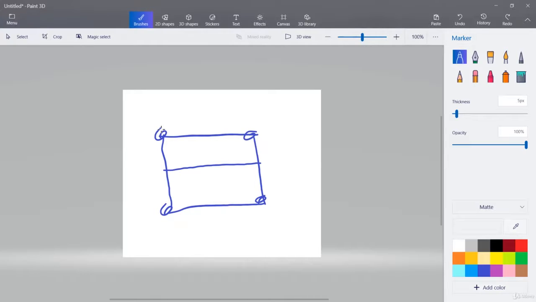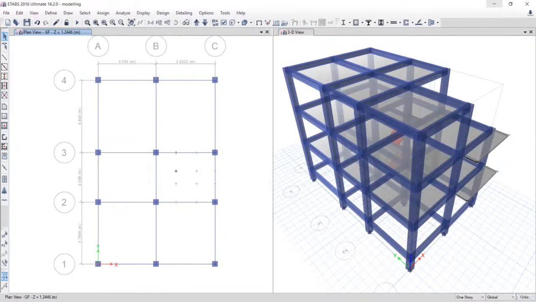Okay, so this beam that rests on another beam, not on the columns, is called the secondary beam. The beams that rest on the columns are called the primary beams, and the beam that rests on the primary beam is called the secondary beam. Okay, so this is the concept of the secondary beam, and in our structure we don't have the secondary beam,